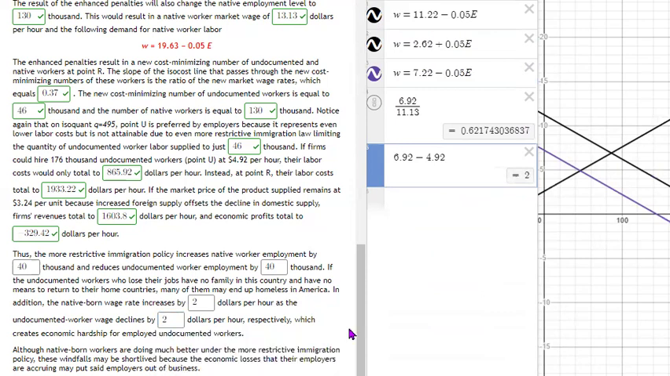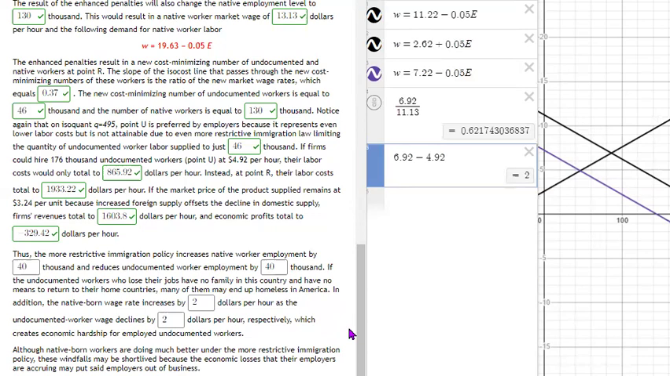which creates economic hardships for employed undocumented workers. So the undocumented workers that are able to keep their jobs, they see a huge drop-off in their wage rate, which means they have lower incomes, which increases their economic hardships in the United States, which maybe makes them more reliant on charity from private citizens or charity from government in the form of food stamps and other benefits,